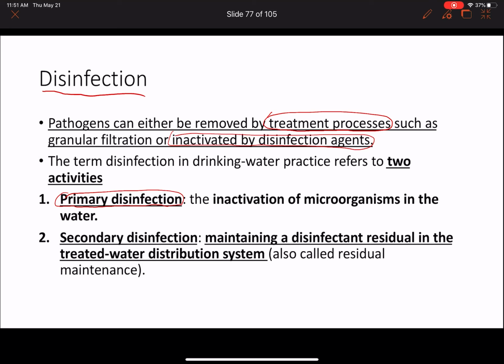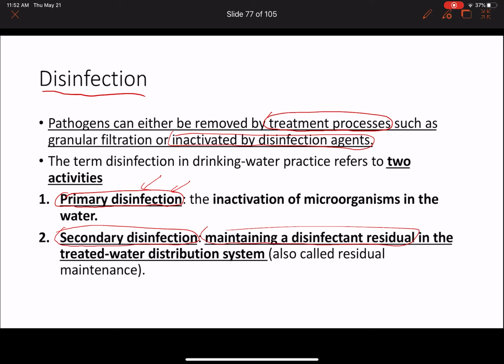The second objective of disinfection is doing a secondary disinfection. After you kill all the pathogens, you want to make sure that there is a disinfectant residual. So maintaining a disinfectant residual in the treated water distribution system is also called residual maintenance. In case there is any leakage in the pipeline and there is an introduction of microbials or microorganisms, this residual will make sure to kill that extra. Or if there is any regrowth,